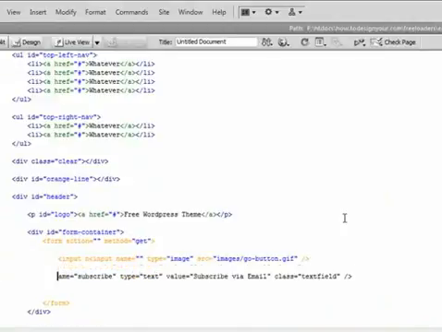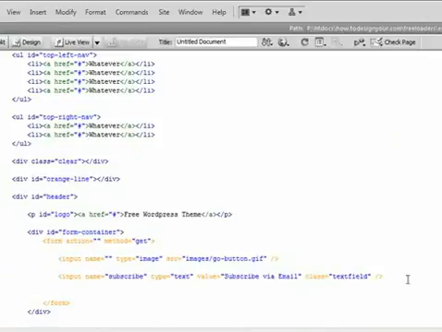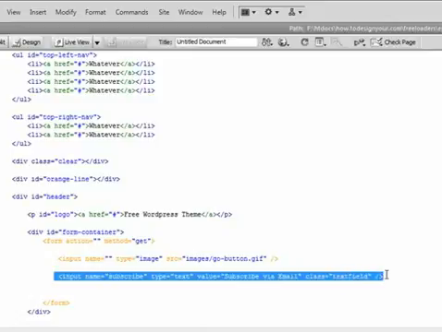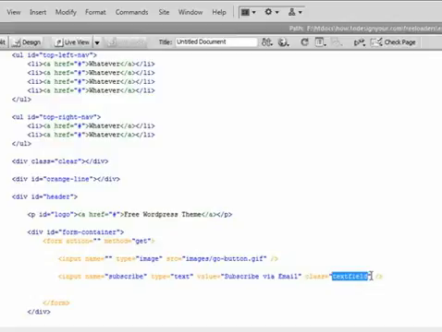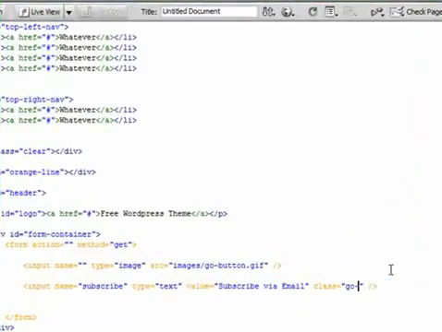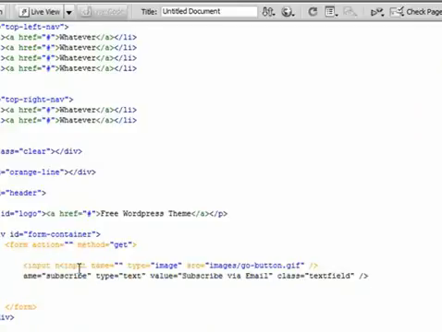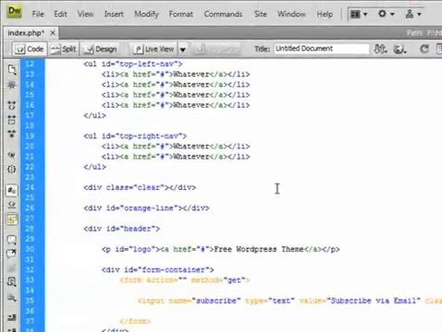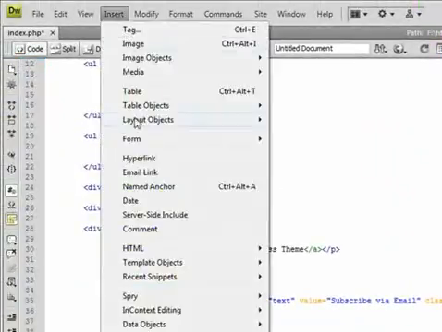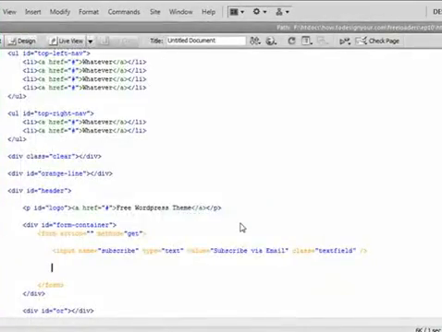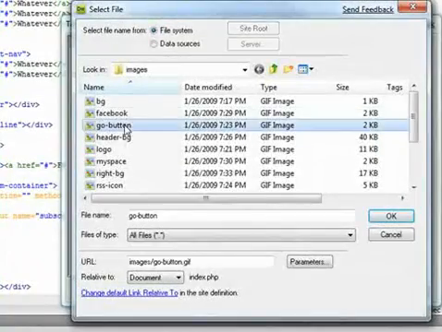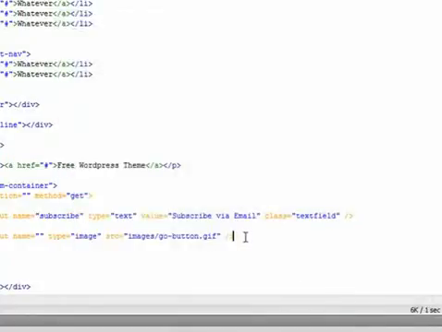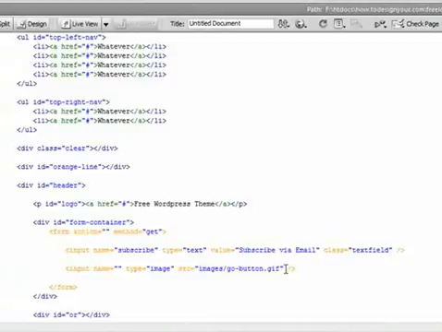That's weird. Oh, that's why it's over here. Okay. And this is the code here for the actual go button. The class isn't text field though, it's actually go button. Oh man, I just messed this coding all up. I just noticed that. Let me try that again. There we go. Alright. So this class is